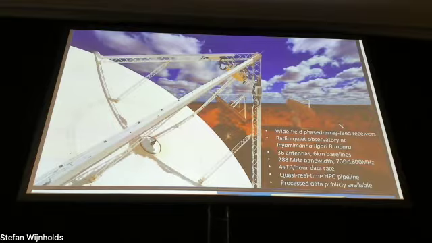So this is a view of a bit of ASKAP. Probably the defining aspect, if you like, of ASKAP are these receivers, the phased array feed receivers at the prime focus here. These are the things that give you the wide field of view. So we form 36 beams from the 188 elements on the PAF. And those beams allow a field of view of about 30 square degrees on the sky.